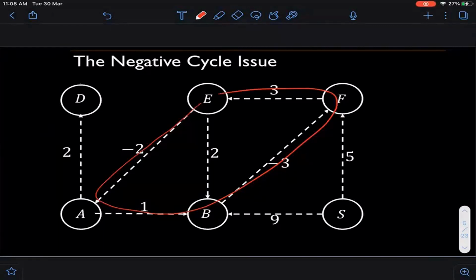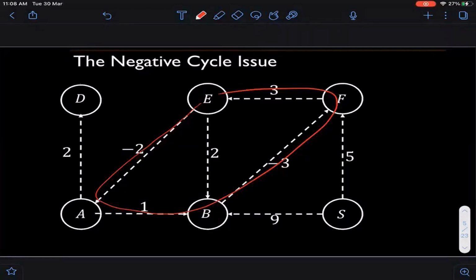Now here is the question. Why do you think negative cycles are a very big issue as far as the shortest path problem is concerned? Okay, so Soham says we get stuck here. So what does it exactly mean by stuck? I'm not even talking about any algorithm. So is the problem defined now at all?